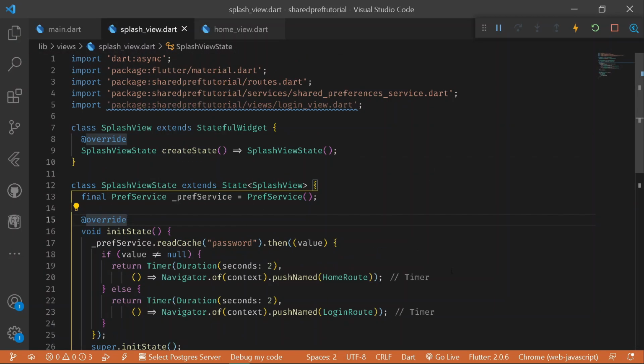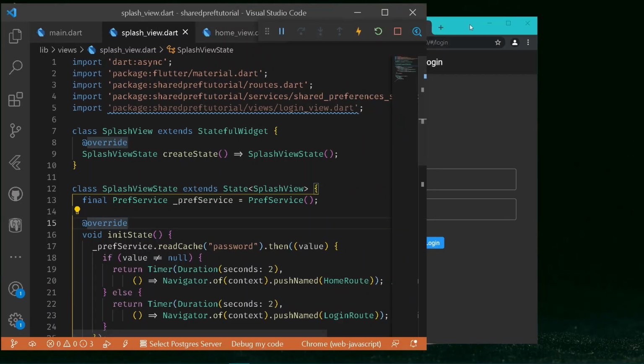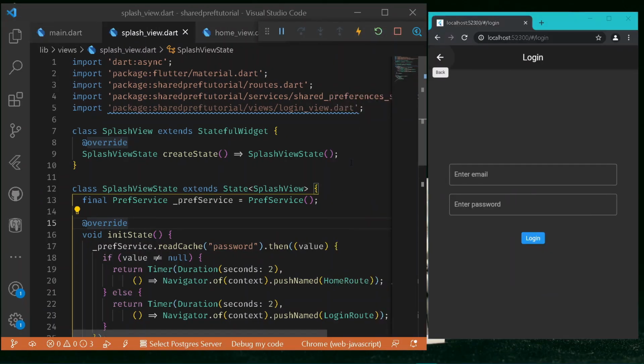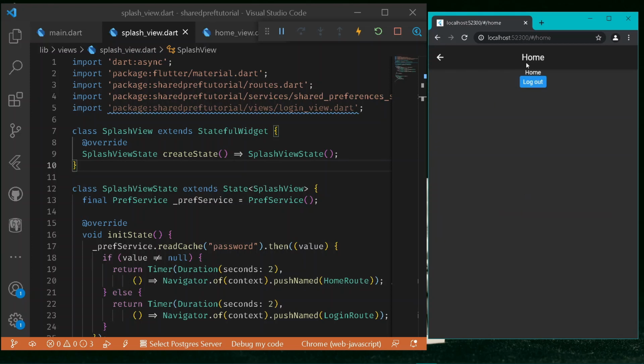So for trying it out, if I open my Google Chrome, here I have my entire setup. So now let me make it small here. First of all, let me enter my credentials. So here let's add my credentials of Abhishek and also some random password. And now after pressing over login, we are now navigated to our home screen, and if I reload my entire application once,